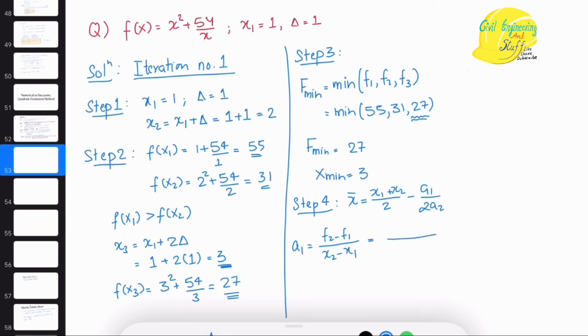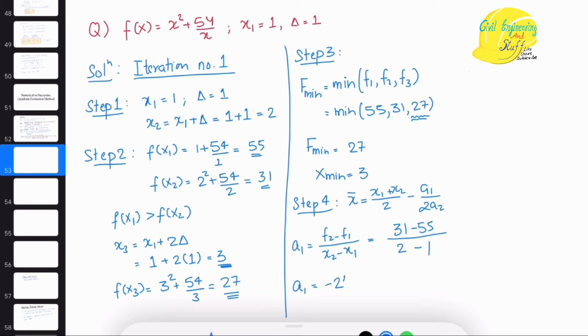What is the function value of f2? f2 is 31. What is f1? 55. x2 is 2, so it is 2 minus x1, that is 1, so it's 1. So these are the values, and solving it, our value of a1 will be